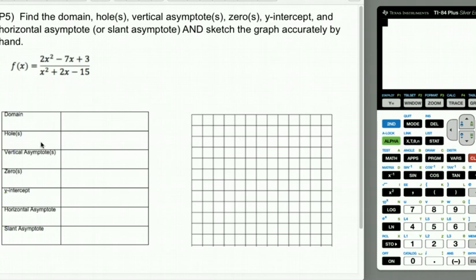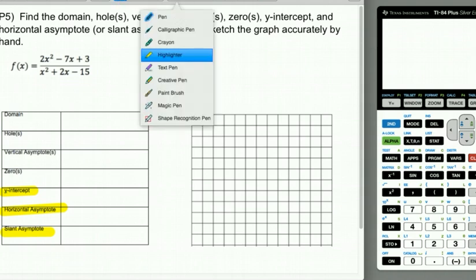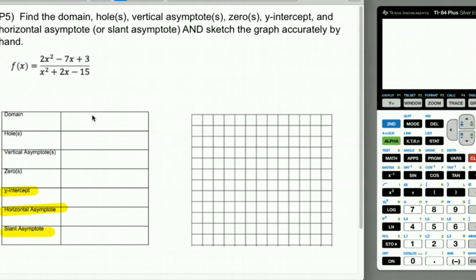All right, so in P5, we're going to go ahead and do the exact same thing we did in E5. We're going to start with the stuff we can identify quickly in standard form. So we can easily see the y-intercept, the horizontal asymptote, and slant asymptote in this standard form that we already have, so we should start there. The first thing that we notice is that the y-intercept